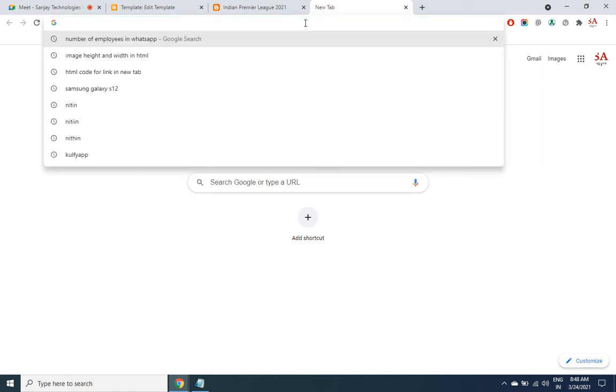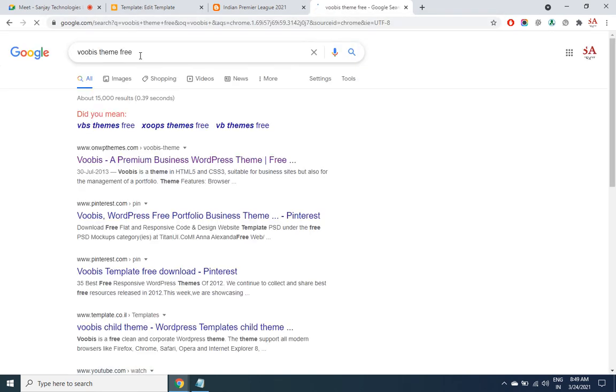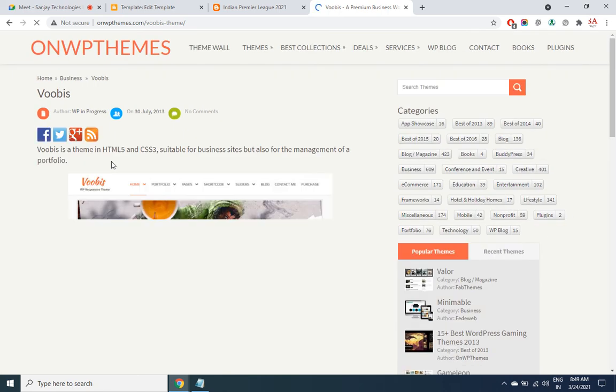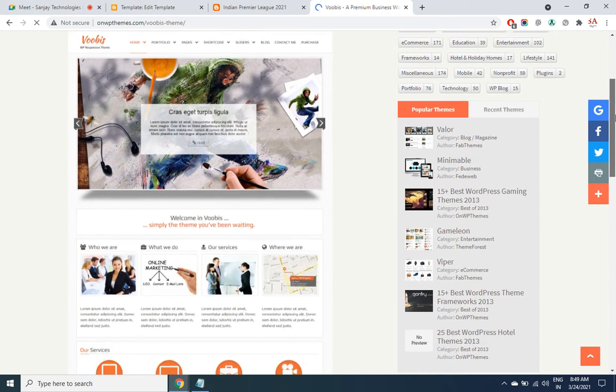Now, if you do more research, you can find themes which are even better than Ritmo. There's one theme which I like, Woobies. This is a WordPress theme, but a similar theme is available even in Blogger. For such kinds of themes, clients are ready to pay even 25-30,000. Look at this theme, how beautiful it is. The more research you do, maybe you'll find a theme even better than Woobies. So that's all about your patience and research.